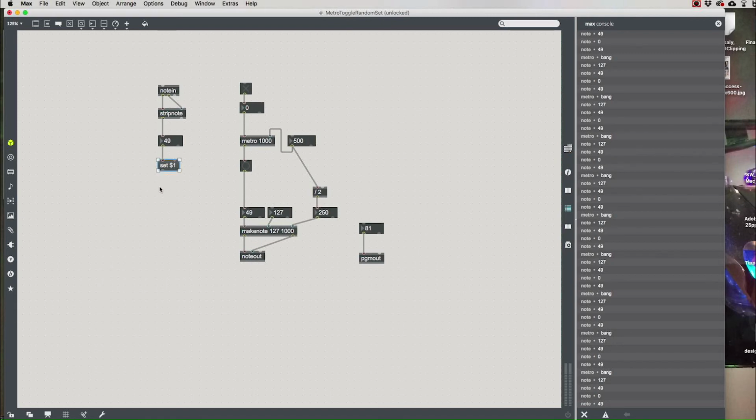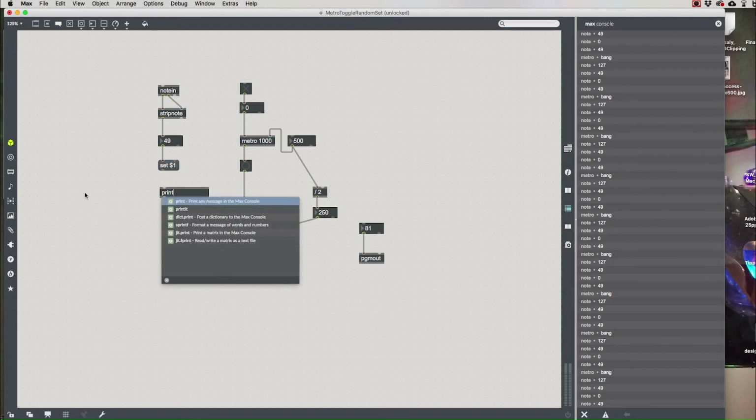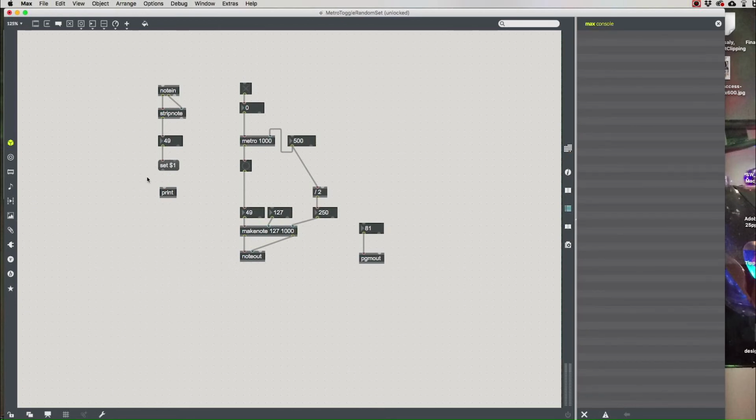So the whole message that goes out, let's hook this up to a print so you can see. Let's clear this. The message that goes out, if I play something on the MIDI keyboard, is you see set 60. Now if I send that over to the number box that is MIDI pitch, and I play something on the MIDI keyboard, which I'm doing now, you don't hear a note. It's updated. Let's change again. You can see it update, and you can see that change, but nothing is coming out because I'm using the